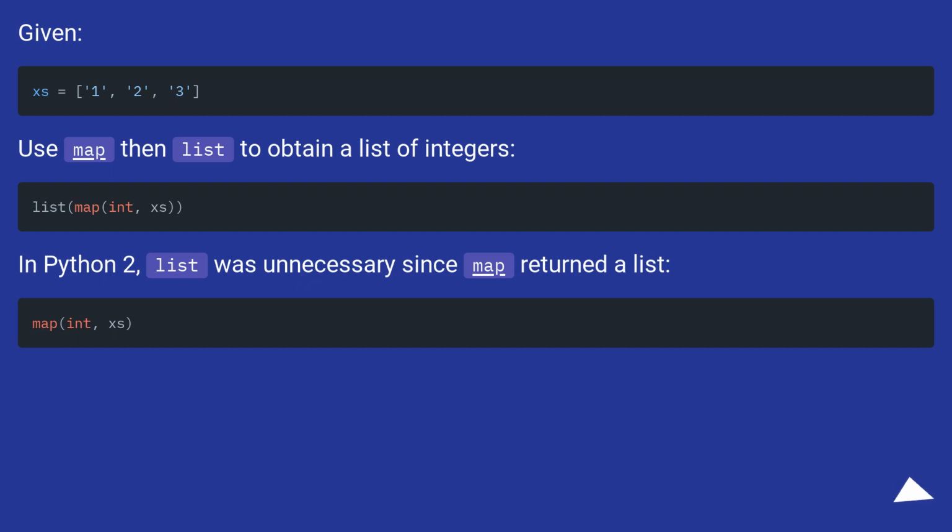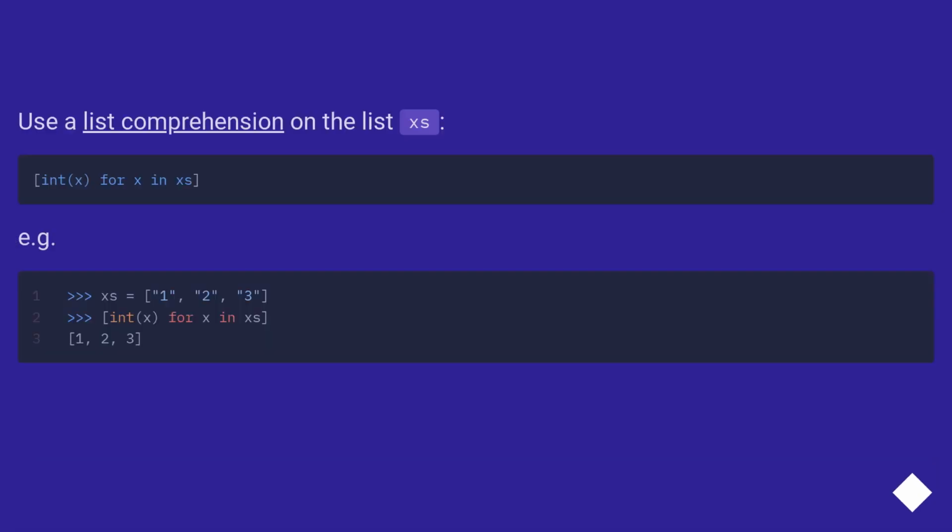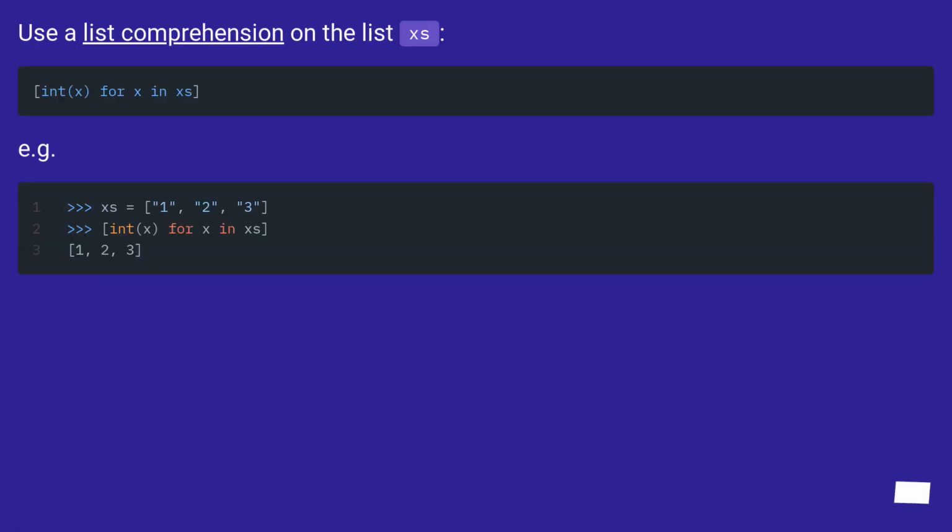In Python 2, list was unnecessary since map returned a list. Use a list comprehension on the list access. For example,